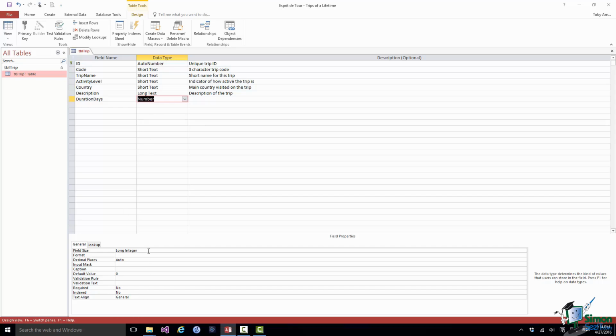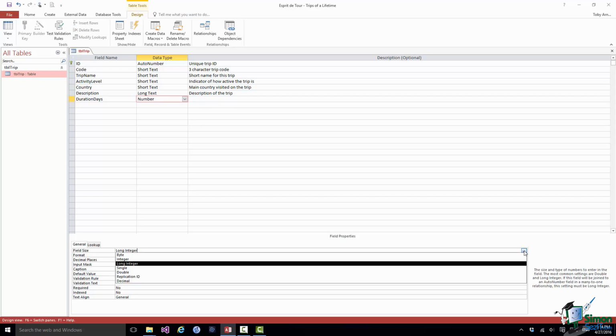Now if I click down at the first property in field properties, there's a little drop down there. It says byte or integer or long integer or single. You may have no idea what each of those are, and you may have no idea which of those will be most suitable for storing the duration of a trip in days. Now the information you need is embedded in the Access help, but there isn't one simple place to find it which fully explains, I think, everything that you need to know. So I'm going to take you to two places in Access help that will be of assistance to you in this. So first of all, let's open up Access help